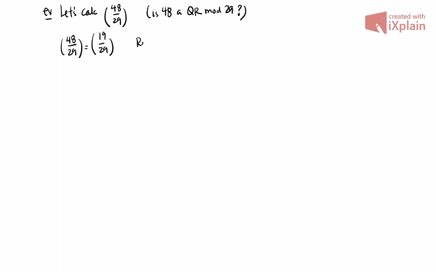This is by reducing. And I'll justify this because 48 is congruent to 19 mod 29. It's because 19 plus 29 is 48. So second thing, now that these are both primes,